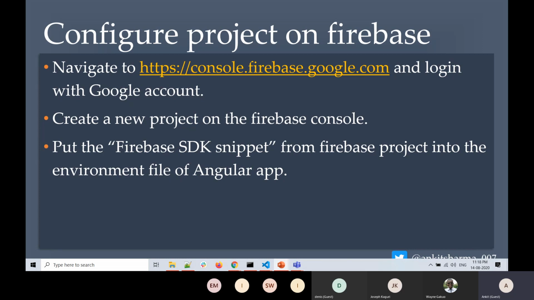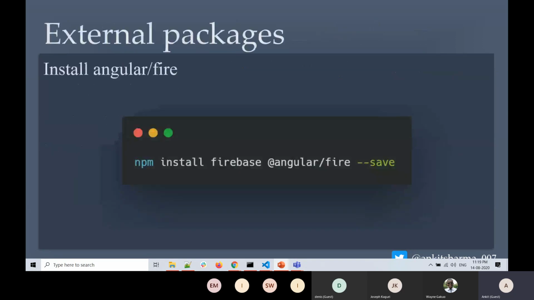I will be showing you how to do that in a bit. Once we create the project, it will give us an SDK code. We have to put that SDK code in the environment file of our Angular application, and in that way, when the application is executed, it will talk to the Firebase project we have built. We'll see this in action in a minute.